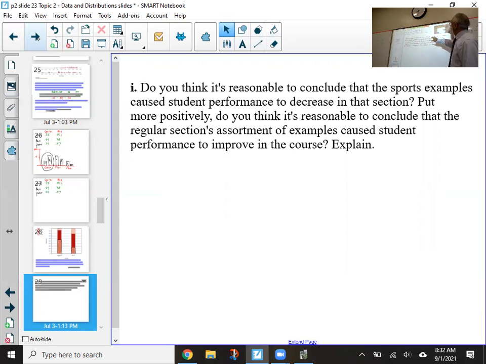So did the sports examples cause student performance to decrease? Or put more positively, do you think it's reasonable to conclude that the regular section's assortment of examples caused student performance to improve in the course? This is an interesting question, and one that deserves some discussion, because maybe in the sports section there were people that just had to take it at that time, and they were not that interested in sports. So having more types of examples would